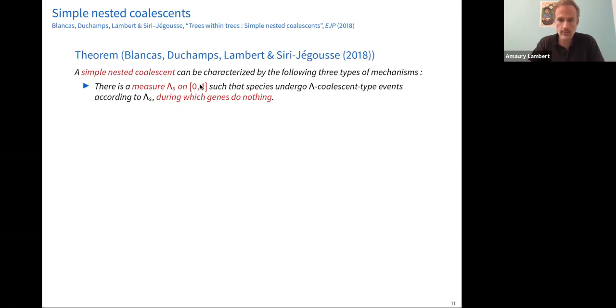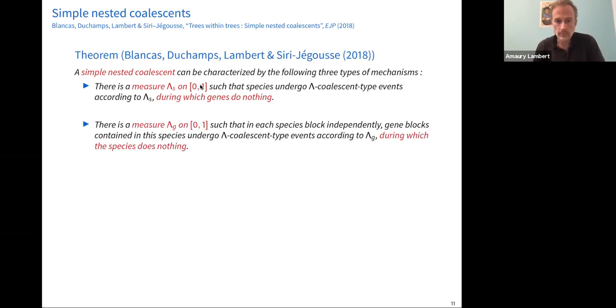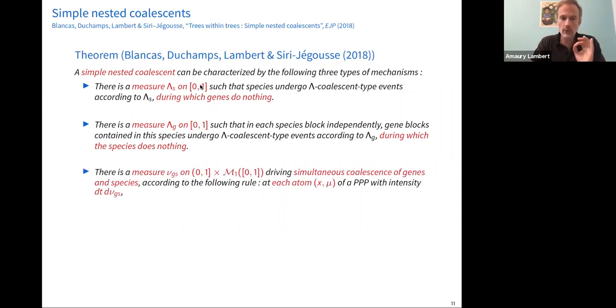The second type of mechanism is the same, but independently in each species, the genes can undergo lambda-coalescent type events according to some common measure lambda_g, during which the species do nothing. And then you have the simultaneous merger for species and genes. So here is how it goes. There is a measure nu_{GS} on [0,1] times M_1([0,1]), where M_1 is the space of probability measures on [0,1],